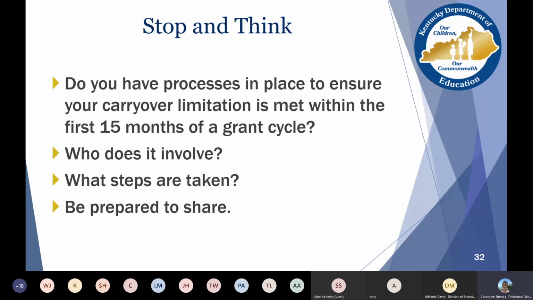And what steps are taken? If anybody would like to share a really good protocol that keeps the conversation going, we'd love to hear it. Or you can share in the chat.